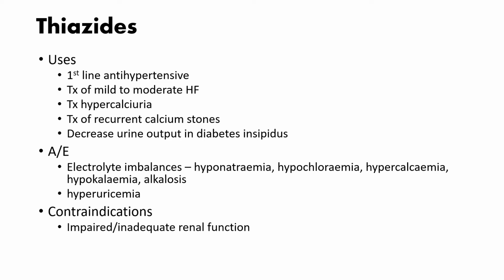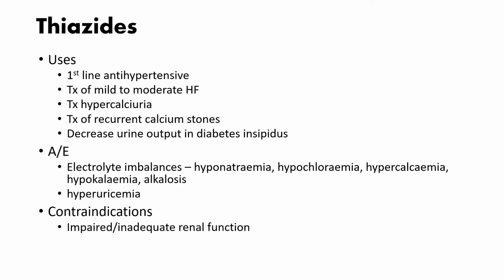We get hypercalcemia, as I've mentioned many times, and we get hypokalemia because we lose the potassium in the collecting duct, and we get alkalosis because we lose the hydrogen ions as well. We also get hyperuricemia. Hyperuricemia is increased